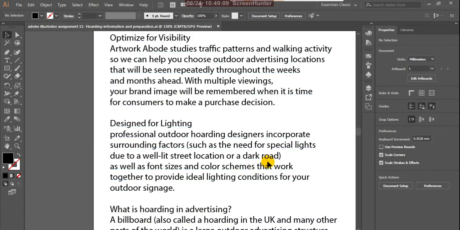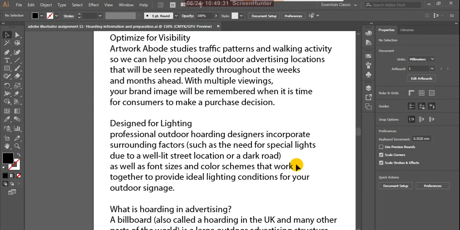In the evenings or night times, the road will be covered with entire darkness, so you have to set up proper special kinds of lights. That is very important, as well as the font sizes and color schemes that work to provide ideal lighting conditions for your outdoor signage.